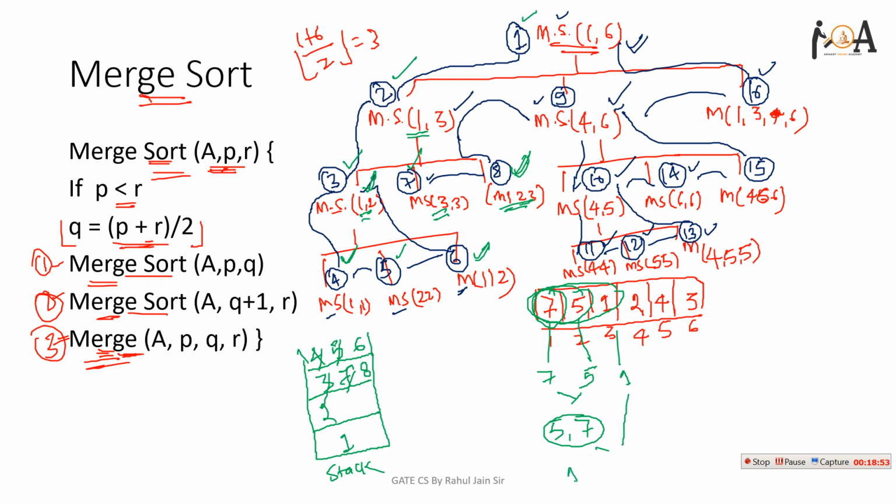So after applying sorting, I need to merge 1 2 3, that is 1 would be first, then 5 and then 7. And this is how the 8th function will be executed. After that, merge sort 1 2 3 is completely executed and we have 1 5 7 as a sorted list.